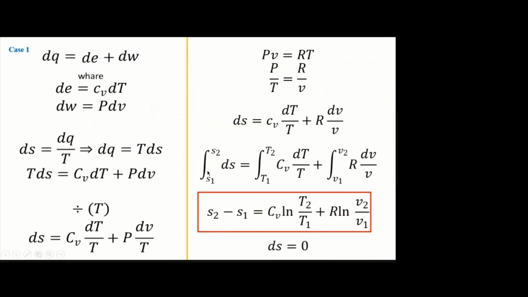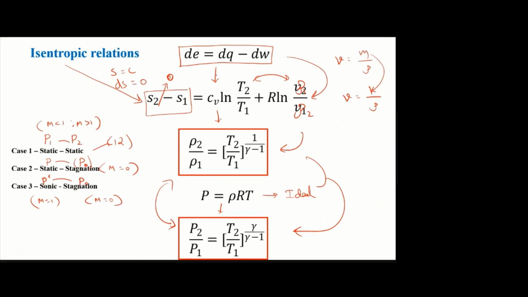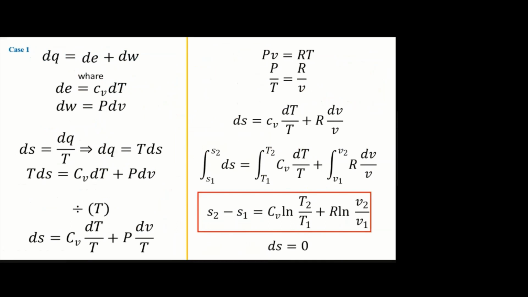So now in the first slide, I am going to explain how to get this change in entropy equation from the first law of thermodynamics. So this is the first law of thermodynamics. It may be rearranged: dq is equal to dE plus dW. And dE I can write as Cv dT, and dW is just the pressure work, P dV. So this V is the specific volume. And dq,